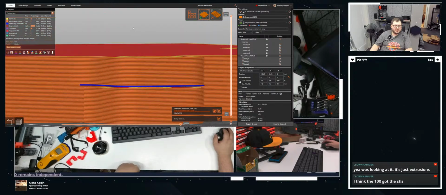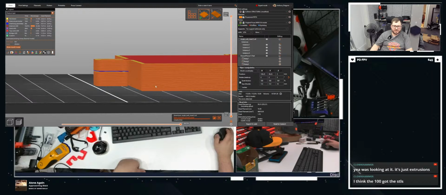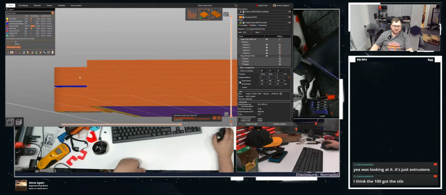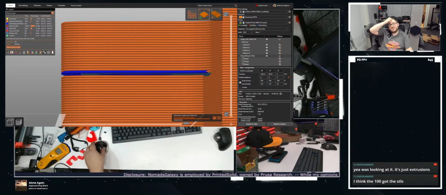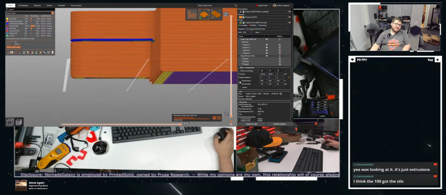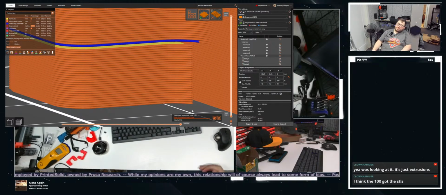Like now, okay, now that is a one layer gap. That's exactly what we want. We do not want anything less than a one layer gap. But the reason why that wasn't working was because of this feature. If I actually look in the CAD here, yeah, that's 5.5 millimeters away from the base. So that blue line right there is 5.5 millimeters away from the base of the model, which is not divisible by 0.2. Because it's not divisible by 0.2, it is not designed to be 3D printed.